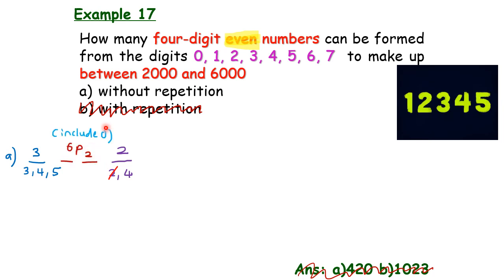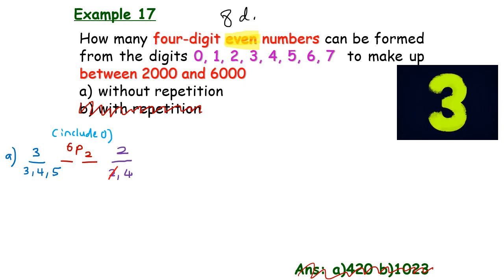No, this time it's 6, because from 0 until 7, in total we have 8 digits this time. Okay, total we have 8 digits. So we have already chosen the first and the last, so we still have 6 digits remaining. So these 6 digits also include 0. Okay, so the number of arrangement would be, before that,